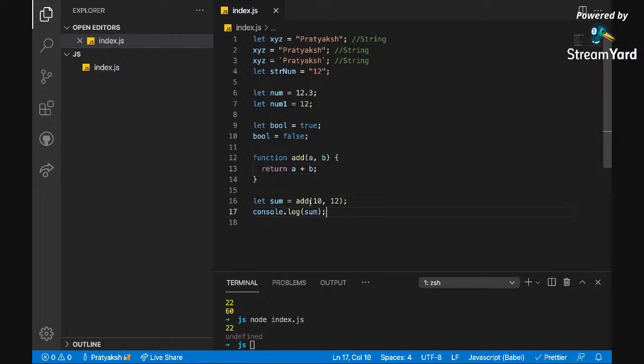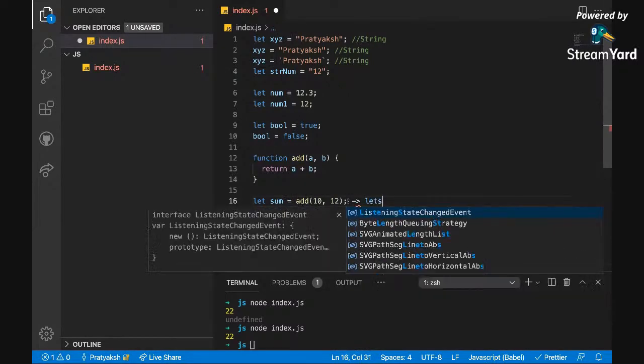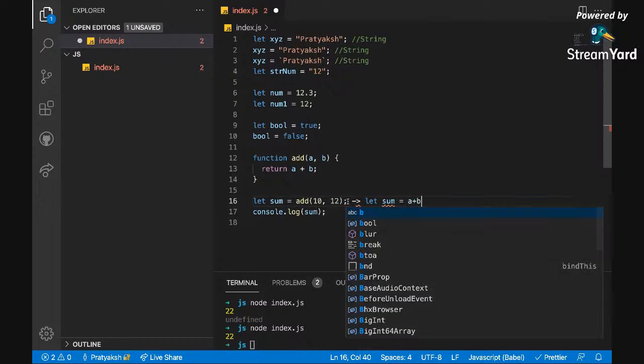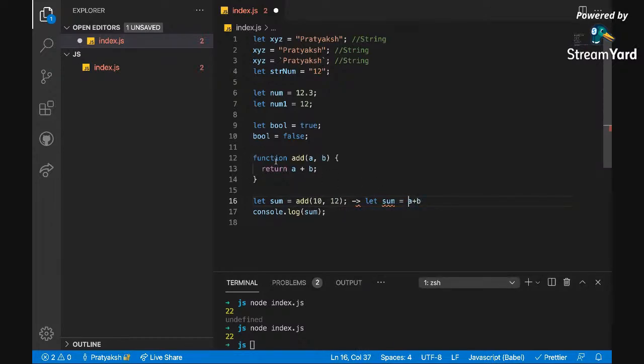Now if I run it, I get 22 in sum. How? Because when the function ended, it saw the return statement. My function returned this value to the starting point, to the function call. And since I have this equals to, internally this becomes let sum is equals to a plus b. Not just a plus b, this entire function came over here and the value which I got was saved into sum. Hope this is clear.